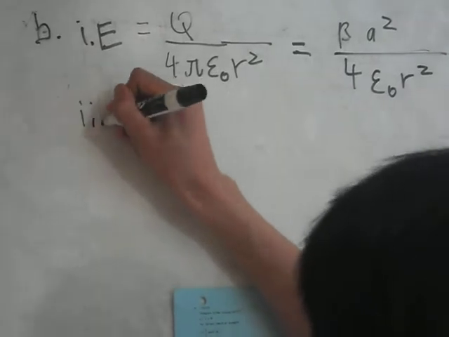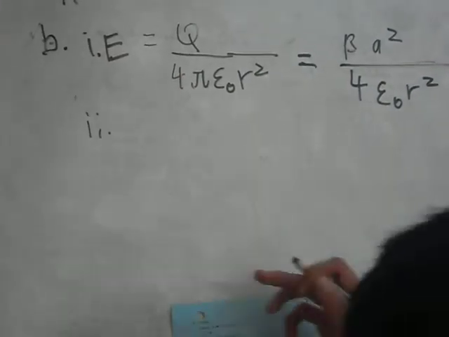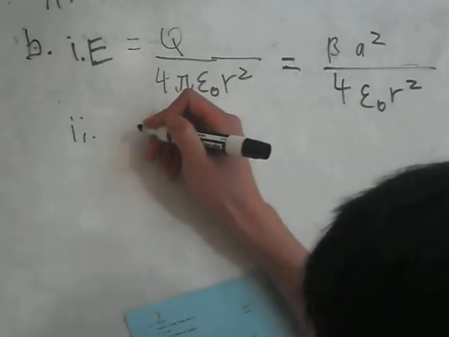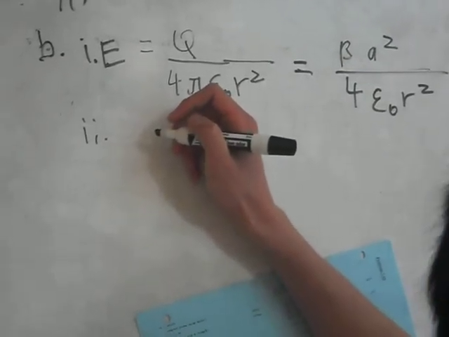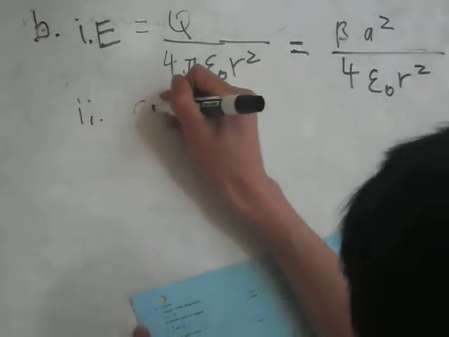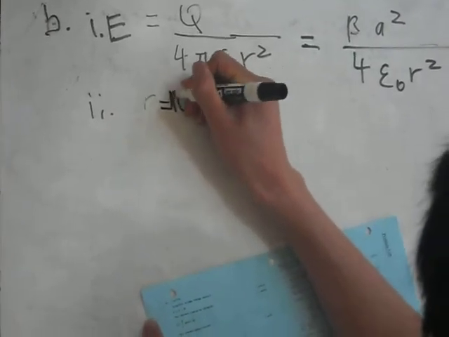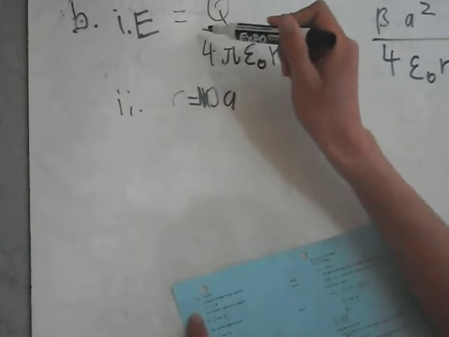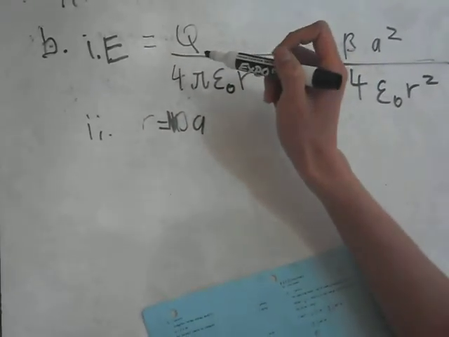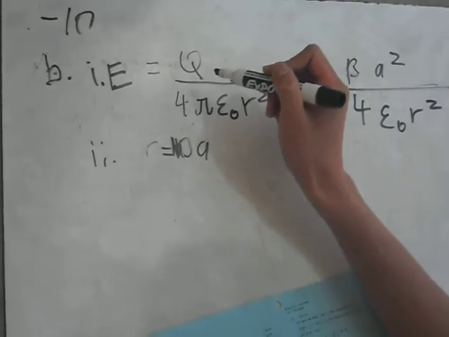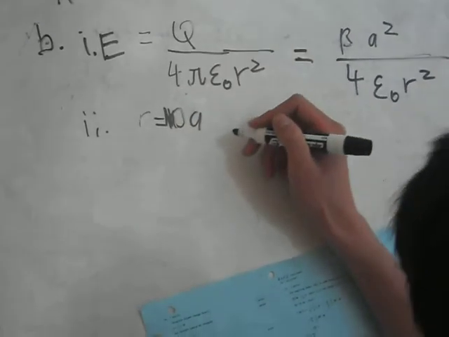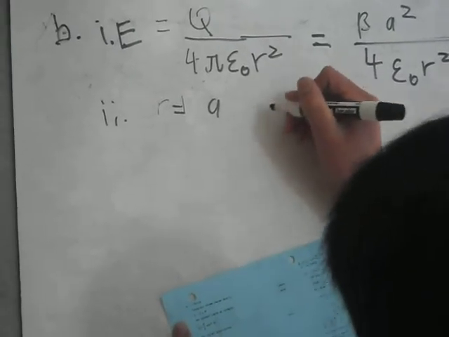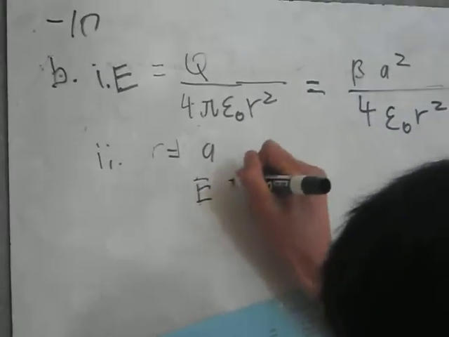Okay, for the second part of B, this is for when R is equal to A, right? So this is the situation when R is equal to A. For the first part you can model it like a point charge because it's outside of the sphere. And for this one, R is equal to A, so E equals